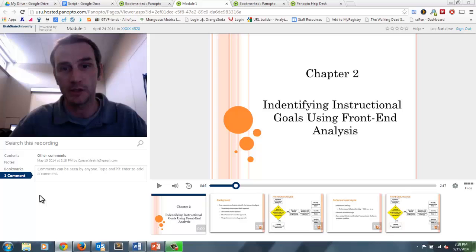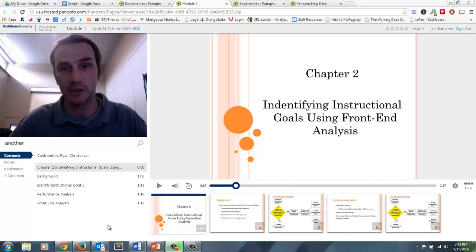So as a student, you can take notes in Panopto live in class as the recording is happening, and then later you can review those notes from home or while studying for a test. An additional feature with Panopto is that with the use of contents, notes, bookmarks, Panopto allows us to search any of these items using this box